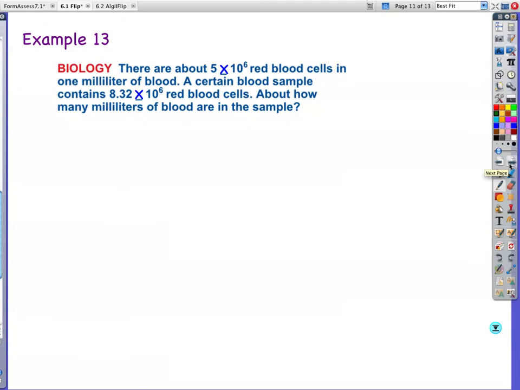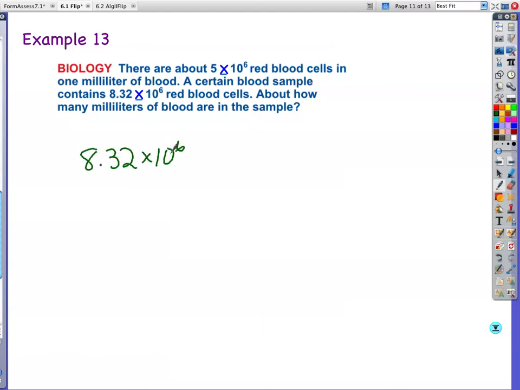All right, example 13. There are about 5 times 10 to the 6th red blood cells in 1 millimeter of blood. All right, that's how many red blood cells in one thing of blood. A certain blood sample contains 8.32 times 10 to the 6th red blood cells. So this is like somebody's counting the red blood cells on their computer, microscopic computery thing. About how many millimeters of blood are in the sample? So we're going to say how many of these go into here, or this